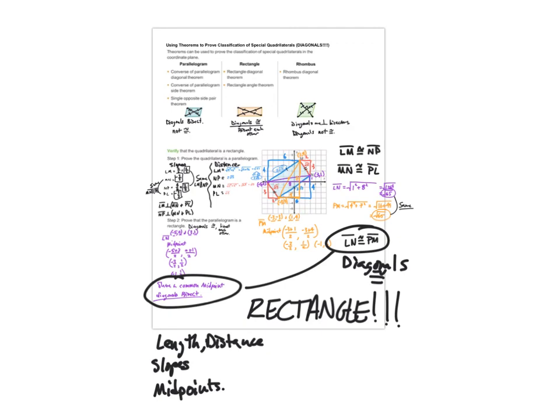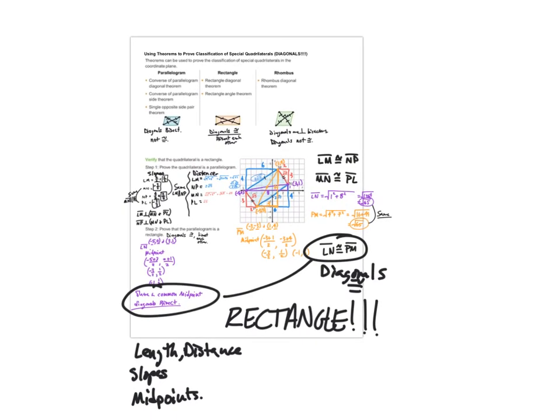So I know it's kind of tricky, I know it's kind of hard, but this is something that I really want you guys to work on and know what you're doing. I think this really pulls everything together with what we're doing, and I think it's kind of fun. So it allows you to make your own decisions, whether something is perpendicular or whether you have a rectangle, parallelogram, rhombus,